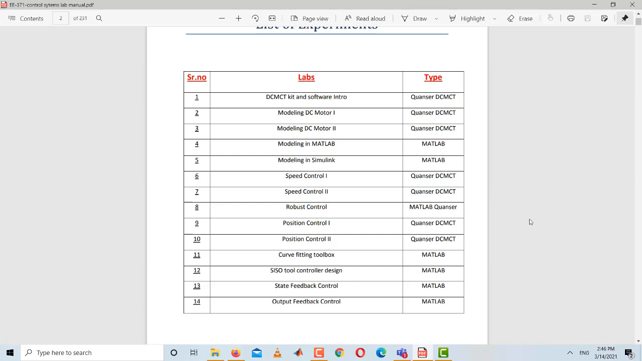DC motor controller, motor control trainer kit. So DCMCT. It is sponsored by the company Quanser. Quanser has made this. So after the introduction, we move on to the experiments of modeling the DC motor. There are two labs for the same thing. And in these two labs we complete the practical work of modeling the DC motor in the software of Quanser, that is QICII, the interactive interface,